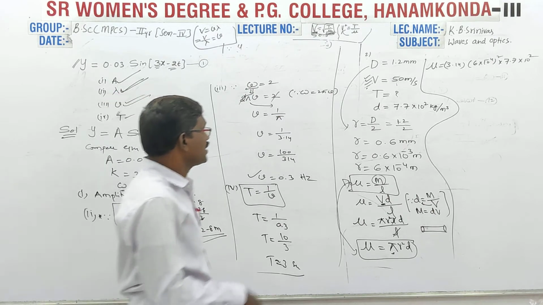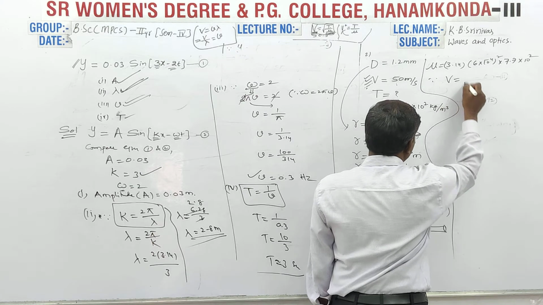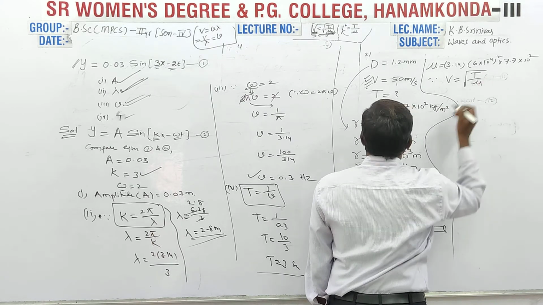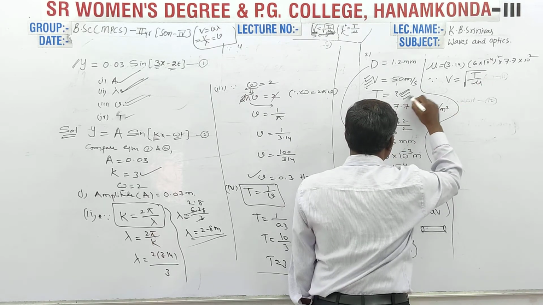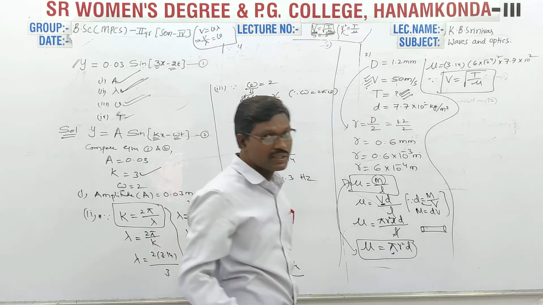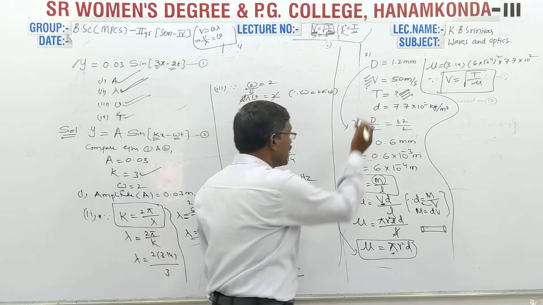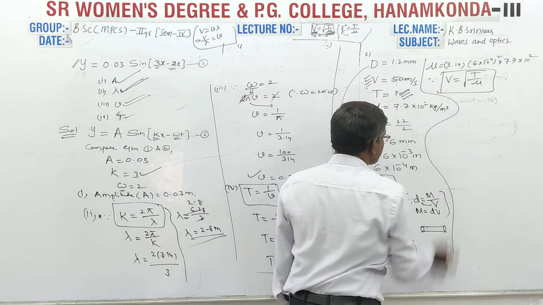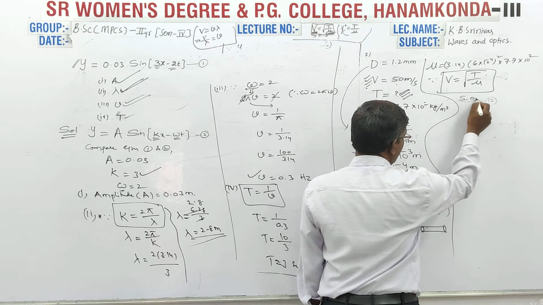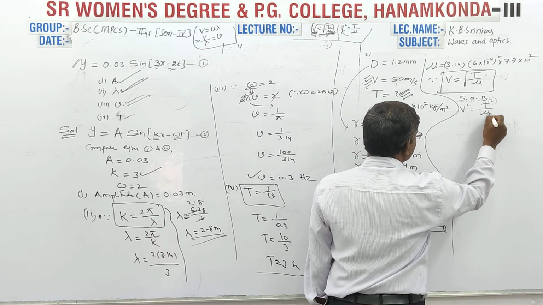So after calculation of mu, you can calculate tension. How? Since v is equal to under root of T by mu. But you have been asked to calculate tension. Why am I considering this expression? Because they have mentioned the velocity of transverse wave in string. That is why I am using this expression. Squaring on both sides, v becomes v square. Square root will be cancelled.